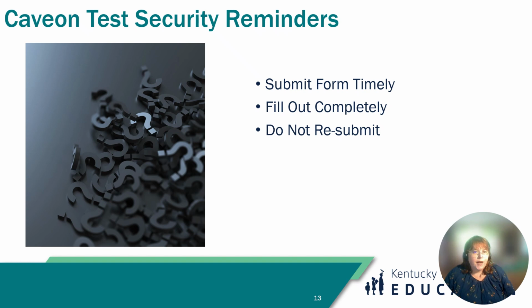There is no time limit for filing a testing allegation incident report in Caveon Core. So please don't panic if you're not able to file it the day that you become aware of the incident, or even during that week. But please do your best to file it as soon as you possibly can, whether it's the following week. But I would prefer that you not wait months to file an incident report, that you at least try to file it within a week or two of the incident's occurrence,